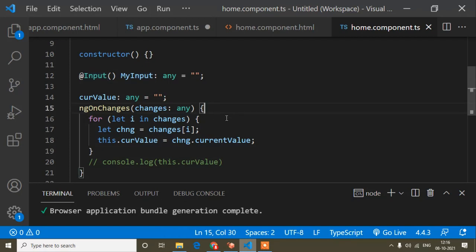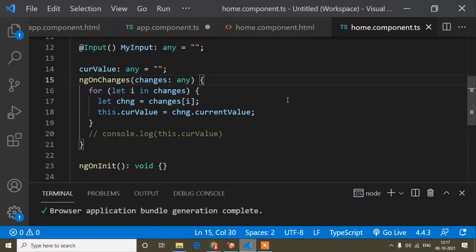I already said that ngOnChanges is called when our class is created, at that time all the lifecycle hooks are called sequence-wise, but ngOnChanges executes again and again when this scenario happens: if I change any data from the parent component's input field, and that change is detected in our child component, at that time it will be called.